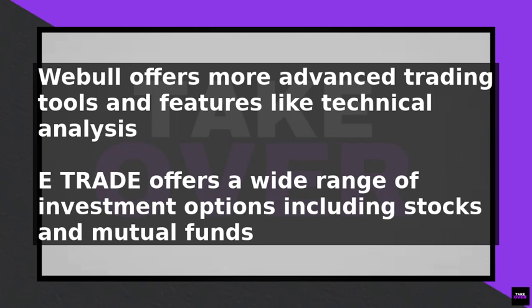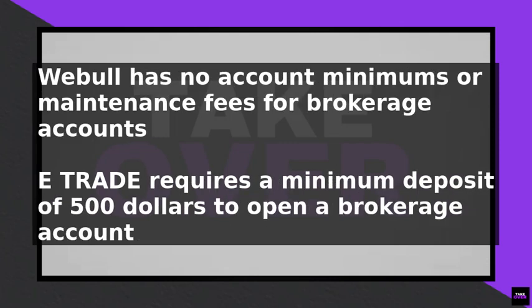Finally, let's look at the account minimums and requirements. Webull has no account minimums or maintenance fees, while E TRADE requires a minimum deposit of $500 to open a brokerage account. In conclusion, Webull is a better choice for active traders who want advanced trading tools and features, while